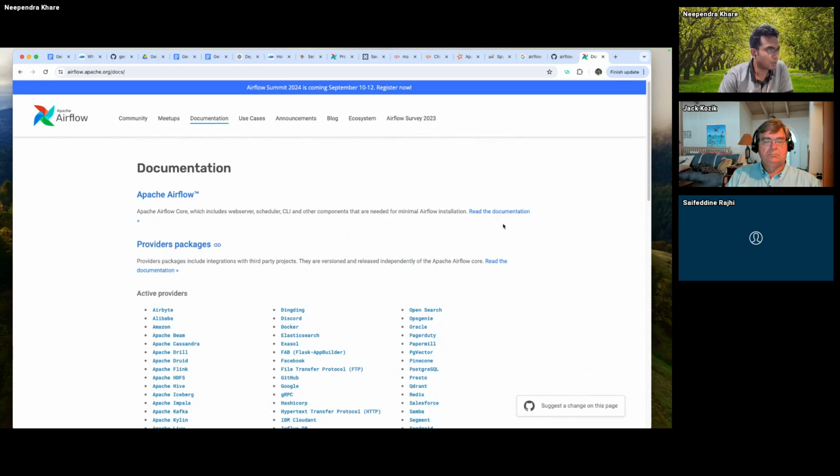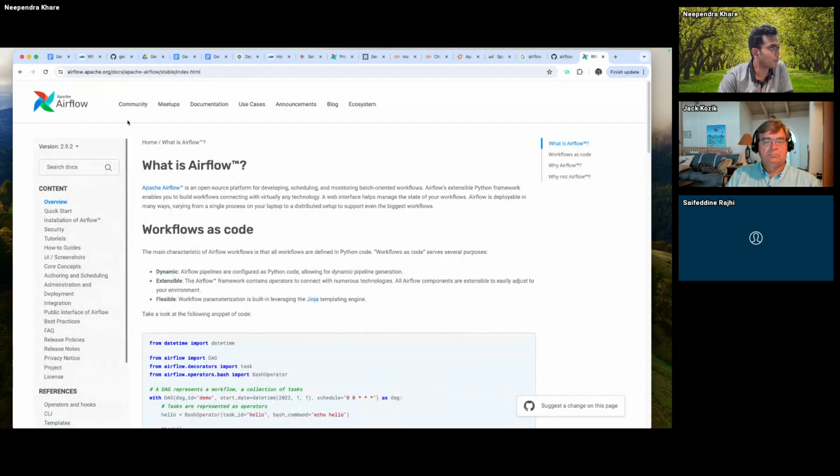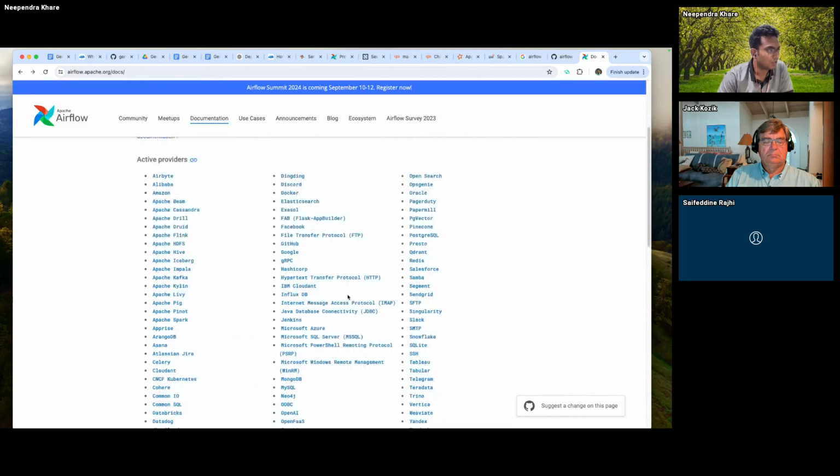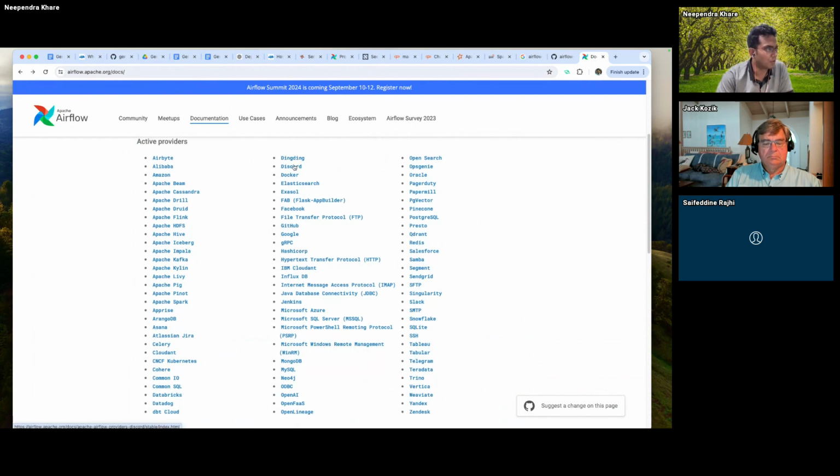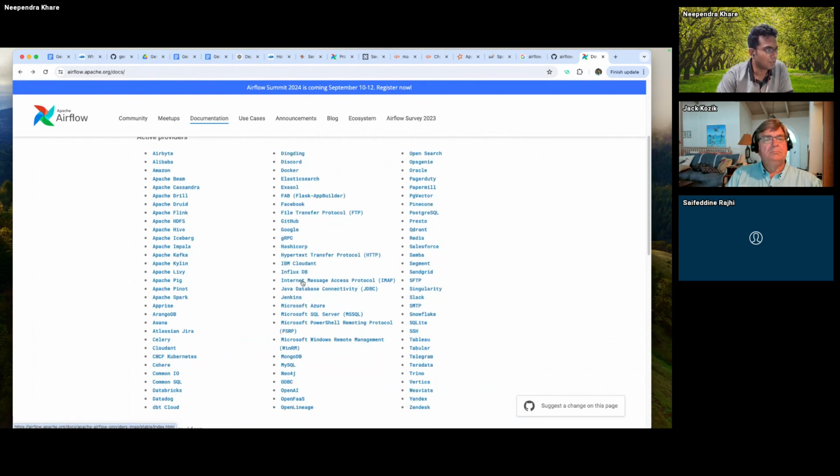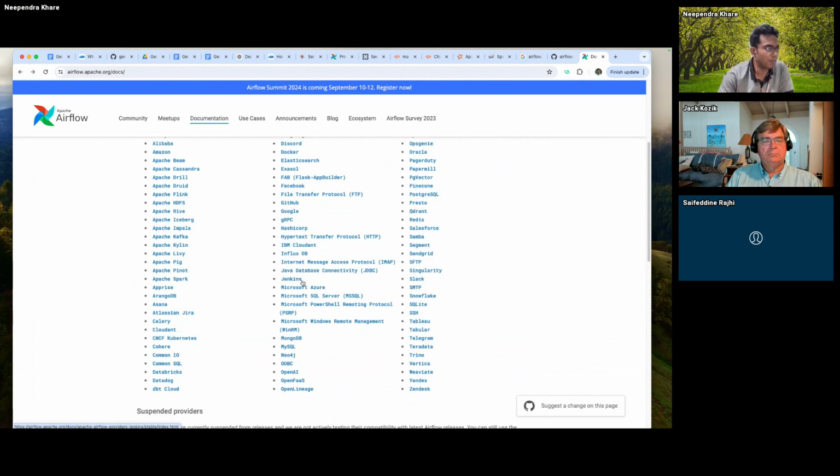Docker stack. Yeah, providers, right? So these are providers. The different providers are there. As you can see, you can build the workflow with Discord, with Docker, Elasticsearch. So you can build any workflow. For example, a simple thing, right? Let's say